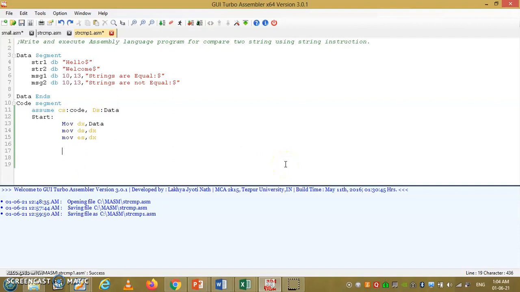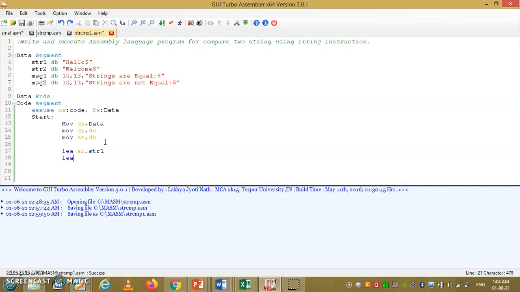Now we should point to the first string's first character, that is H. So here we should load the effective address of the first string, by using the instruction LEA, load effective address, into the SI, str1.